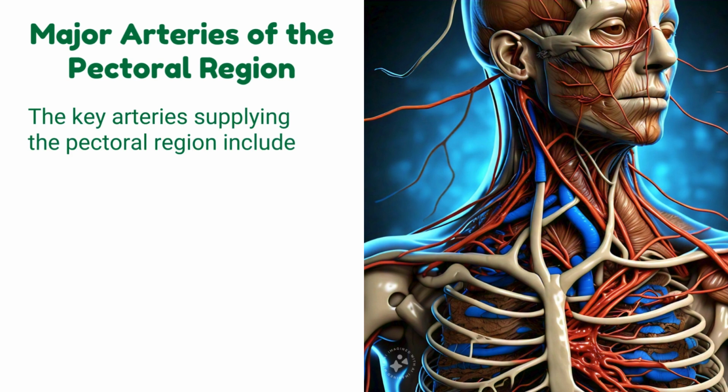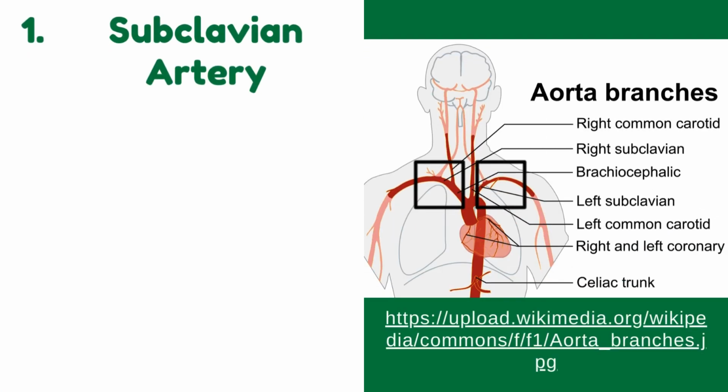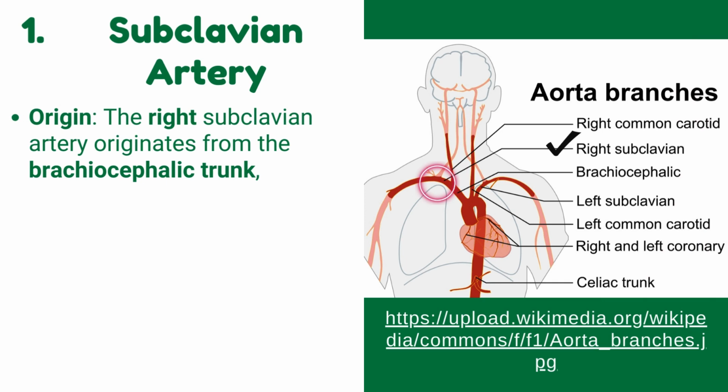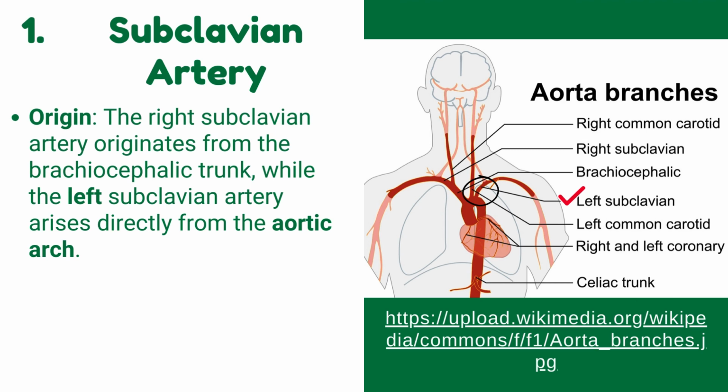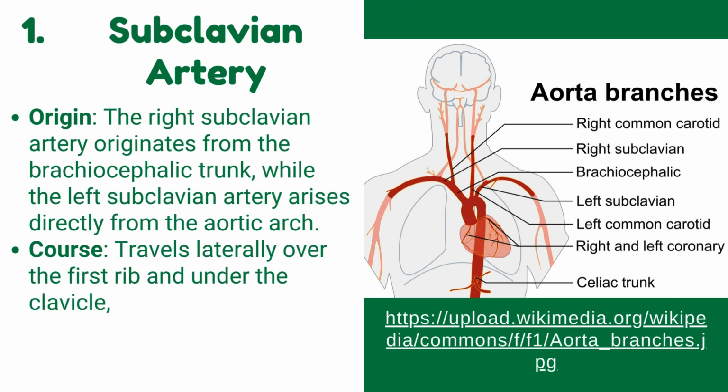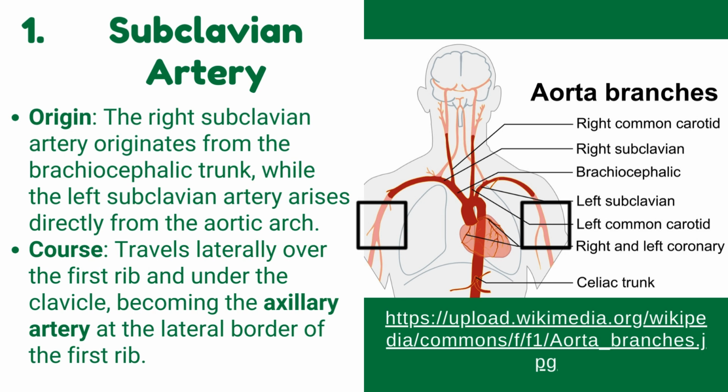The key arteries supplying the pectoral region include the subclavian artery and the axillary artery. Number 1. Subclavian artery. Origin. The right subclavian artery originates from the brachiocephalic trunk, while the left subclavian artery arises directly from the aortic arch. Course. It travels laterally over the first rib and under the clavicle, becoming the axillary artery at the lateral border